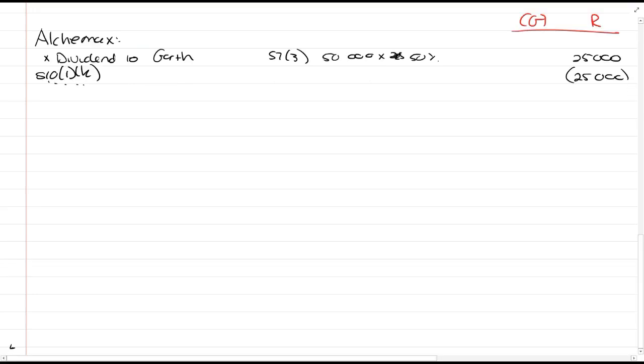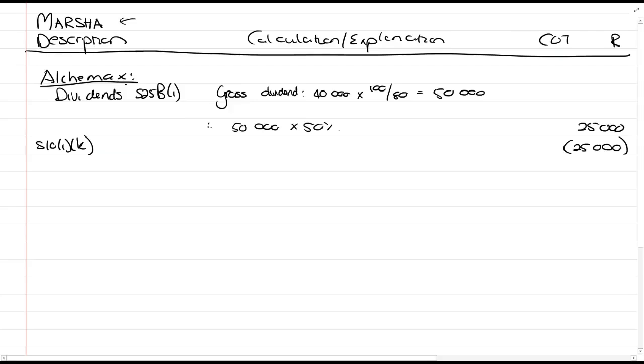So let's go to Alicia. This is the Alchemax dividend to Garth. This is the capital gain to Garth. Paragraph 69. And this goes into our CGT calc, as you can see. The other 50% went to Marcia. So this is the Alchemax dividends. Here's the Alchemax capital gain, 65,000. And her reason is because of paragraph 80. It says the trust shouldn't be taxed on it. The beneficiary should be taxed on it.